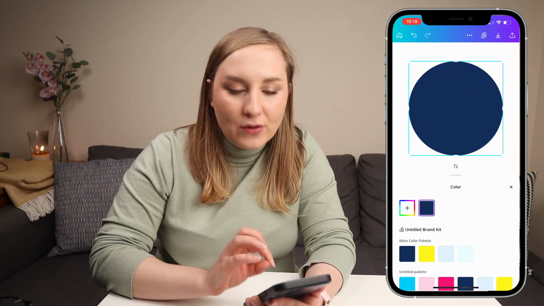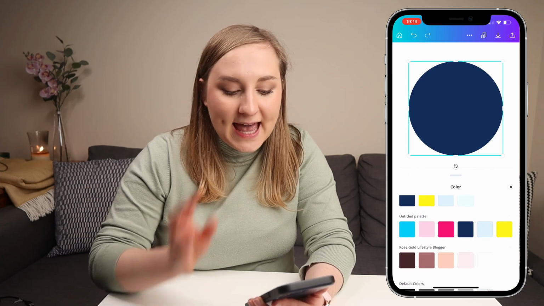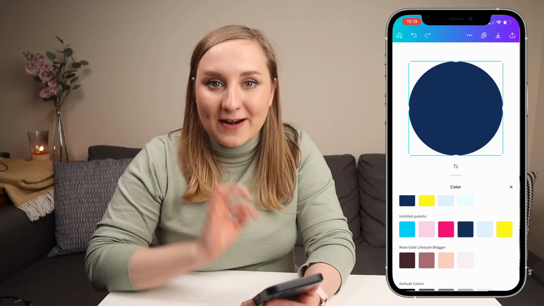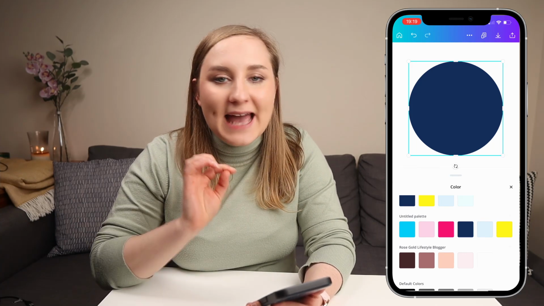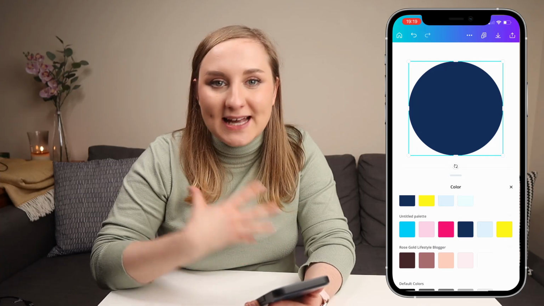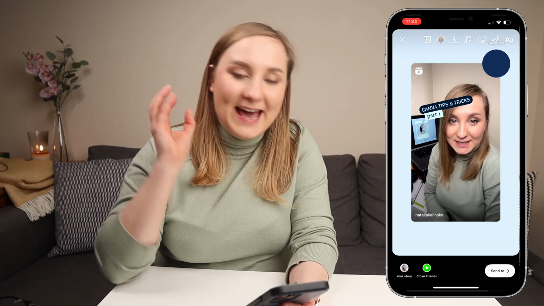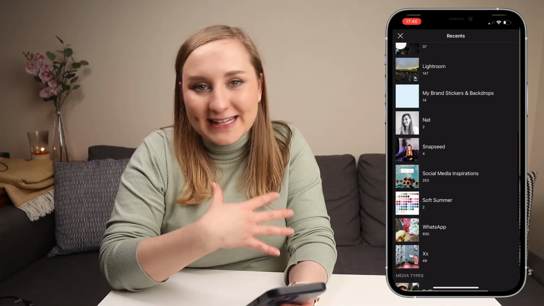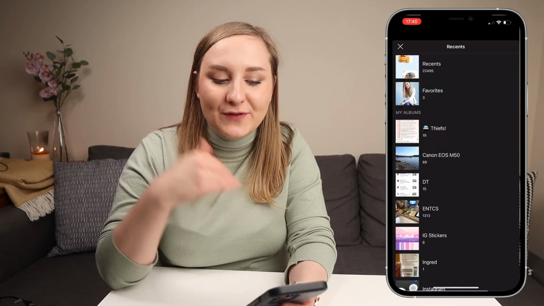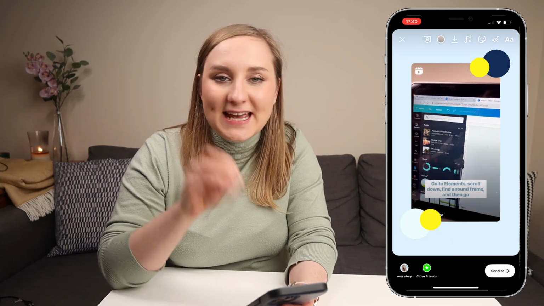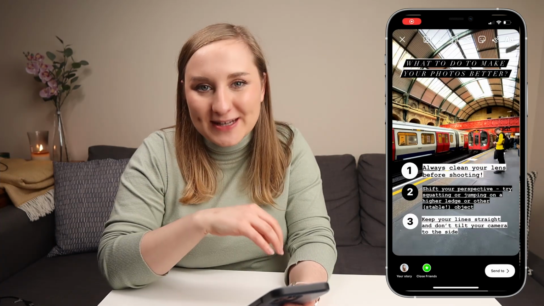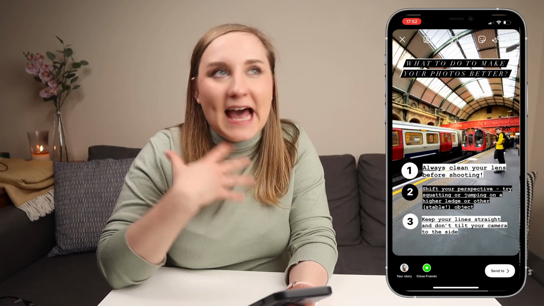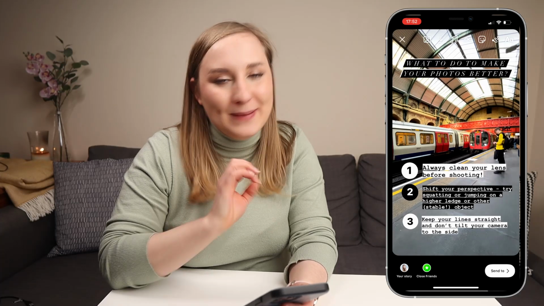So I can add all the different colors of the bullet points. And then if I save it as a PNG with the transparent background, I'll be able to quickly add it to my stories and use it for any other different purposes. And of course, this is a circle, so we'll have more applications than just the bullet. So I like to keep a few different color options saved in my album, which I've shown you a moment ago. And this means that I can create all the different shapes in Instagram, and it makes designing in the Instagram app a bit better.